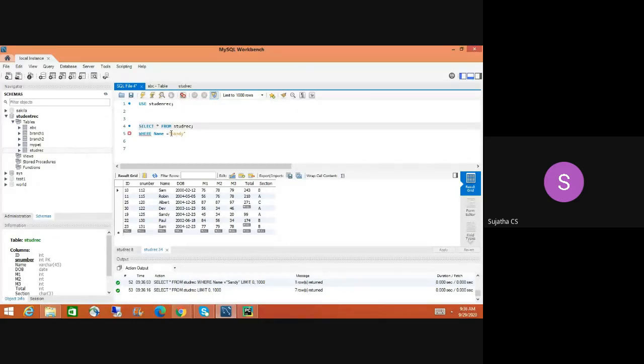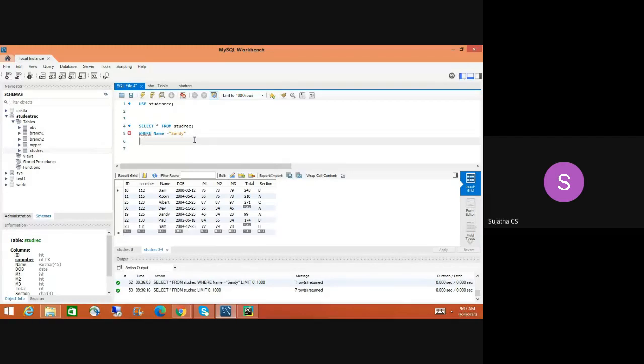Okay, here AND means it should satisfy both conditions. For example, I am giving name equal to ABC, and then I'm using the keyword AND and passing another parameter, which is date of birth equal to 2002-12. If both conditions are true, then only we will get that result, right? So that is an AND operation. You know that, right?